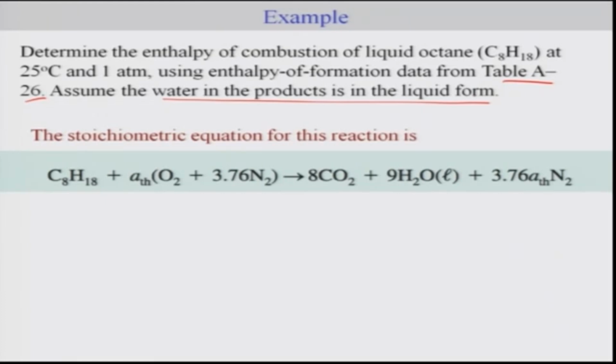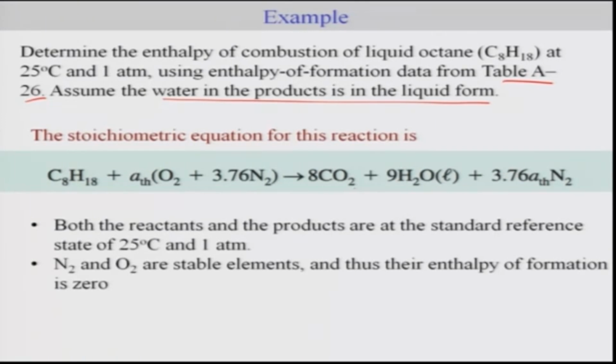So the reaction should be in a stoichiometric form, stoichiometrically balanced. So this is your stoichiometric equation for this reaction. Okay, and a we can calculate. If being stoichiometrically balanced, our theoretical value of a should be 8. You can clearly see that 8H should be 8 here. So one can do this balance. Now this particular reaction